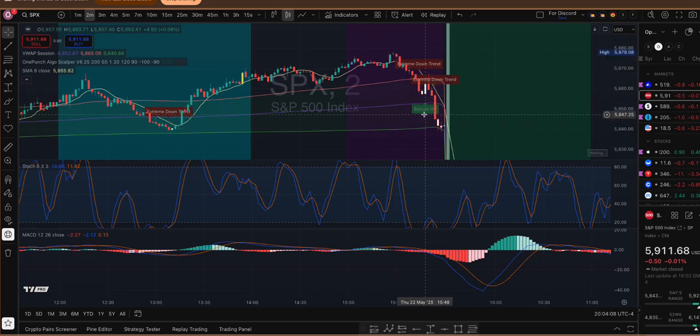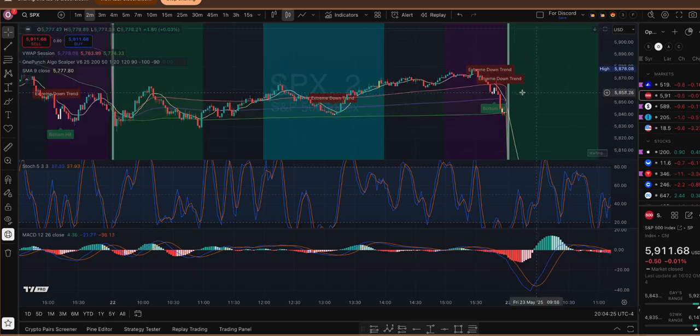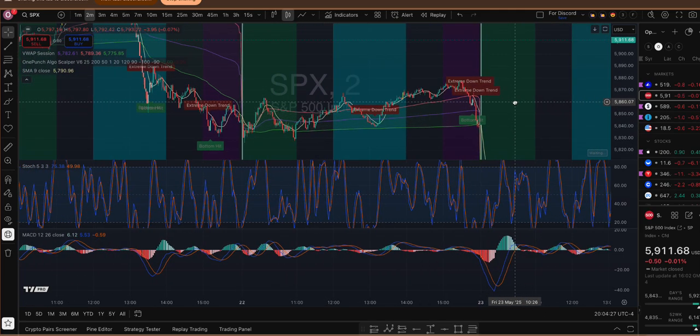So I would always have two charts and then figure out what's going to happen. If it's going to chop, then go to 15 seconds or 30 seconds. If it is not going to chop and you are sure that the market is going to drop down. Choppy days are like Wednesday and Friday. So the rest of the days we will be able to find some kind of a trade